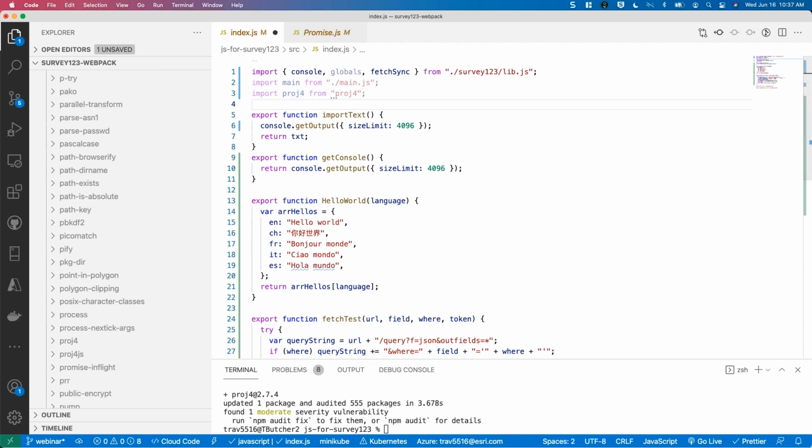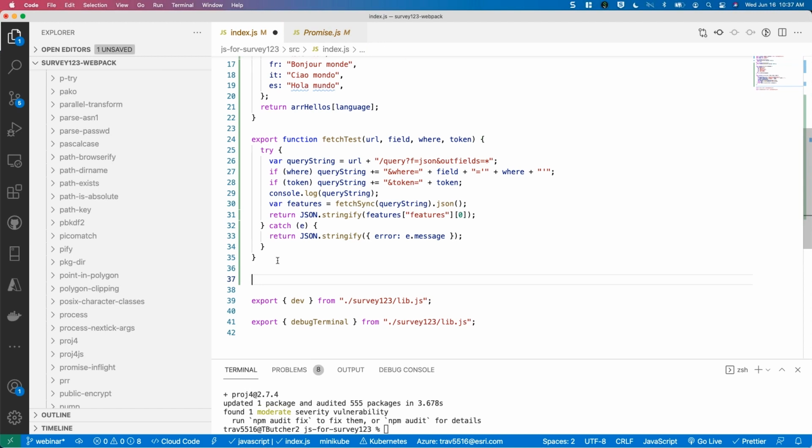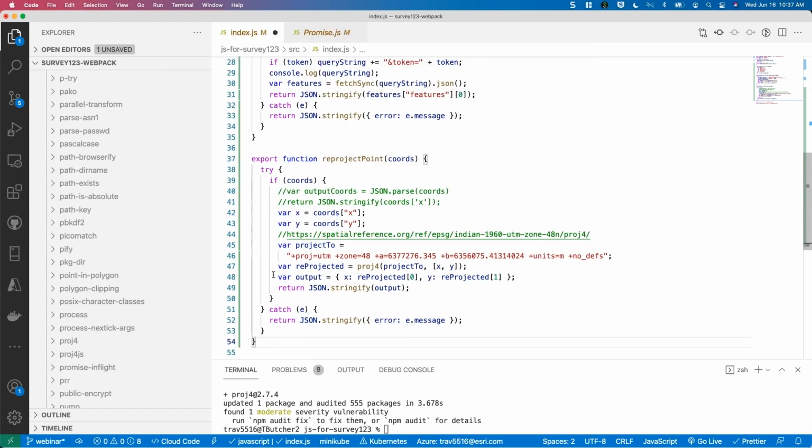So now I'm importing those modules in, and then I'm going to add a new function in here that actually calls that. So I'm going to copy in a new function here that allows me to reproject this point on the fly. So here I'm going to pass in the coordinates from anywhere I click on the map, do a little bit of parsing on those coordinates, and then using the ProjGIS library, there's a specific form I wanted to be able to transform this into, and then reproject it, and then pass it back out in JSON to my end client. So I'm going to go ahead and save this file